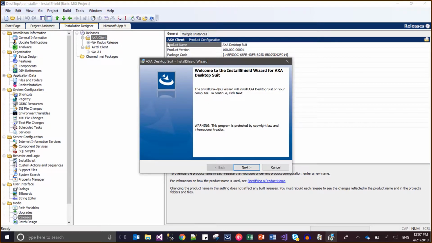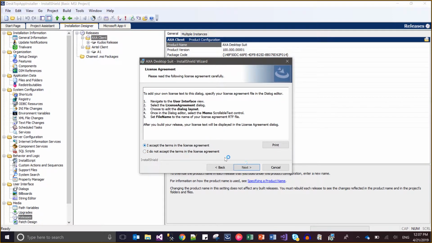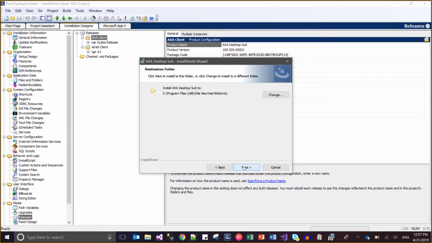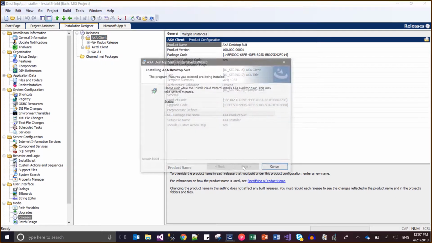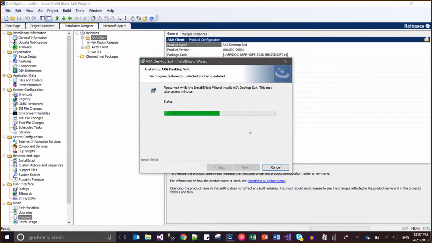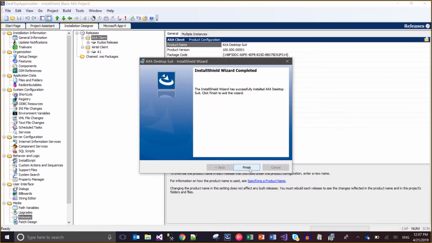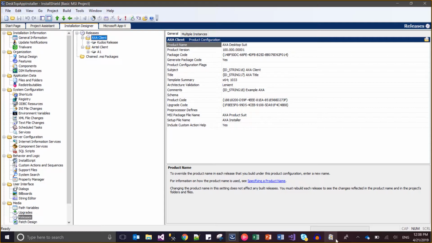One more thing, see product name Exa desktop suite, so the same is being reflected on each dialog, Exa desktop suite, right? So Exa desktop suite. Next, install it. Complete, install it. So it will install my Exa desktop suite, and let me to check on the control panel,